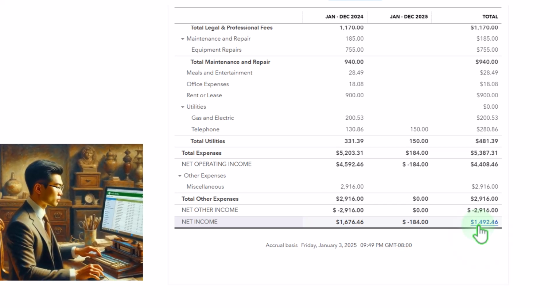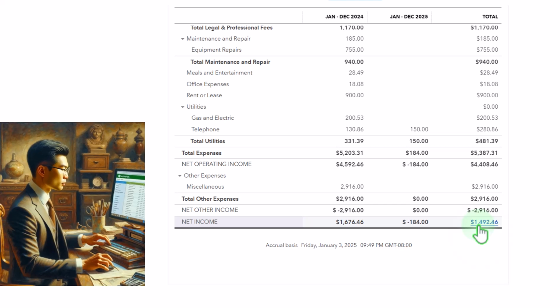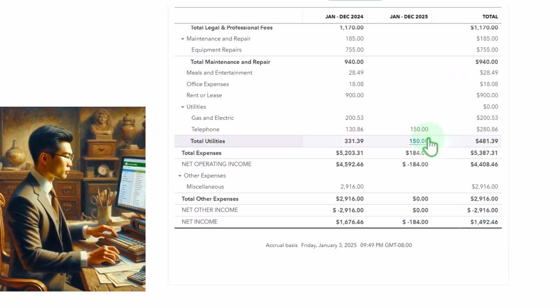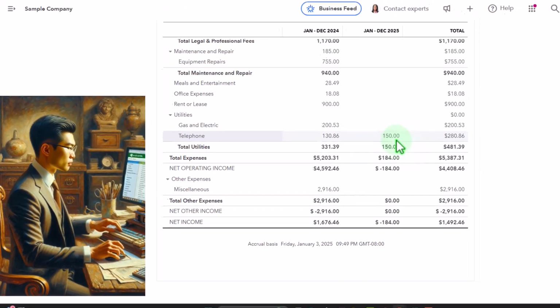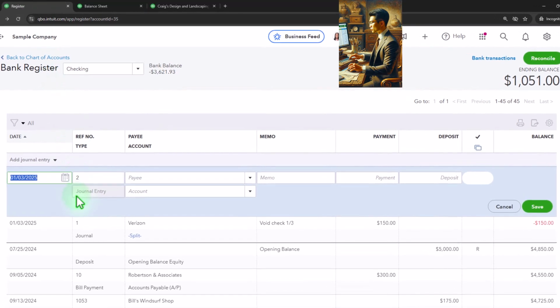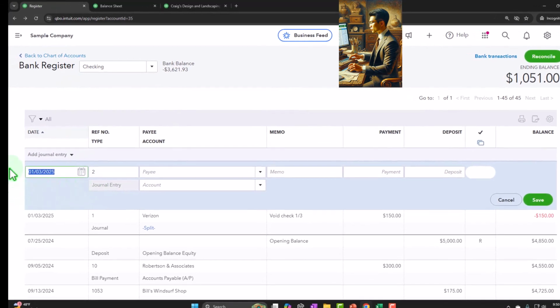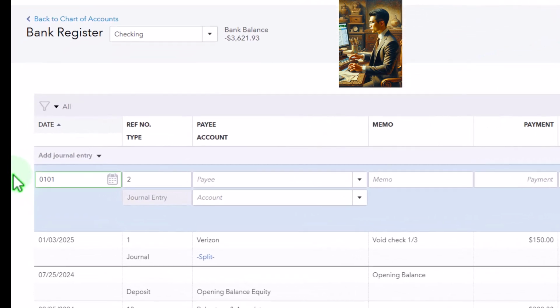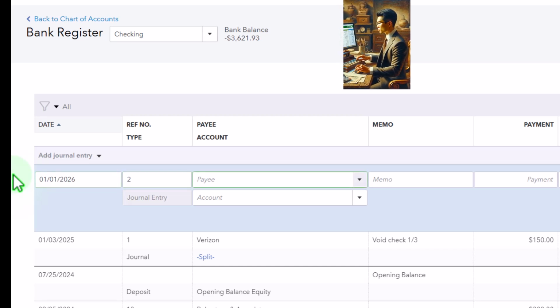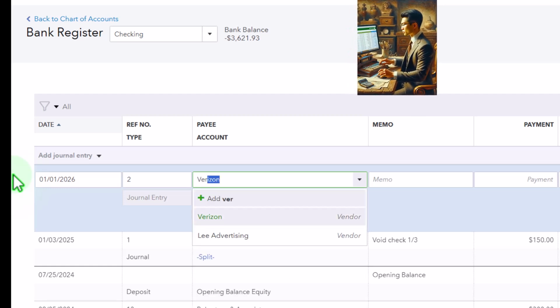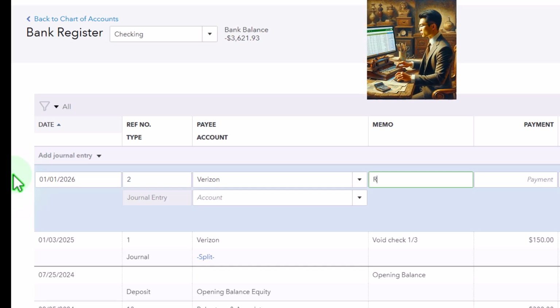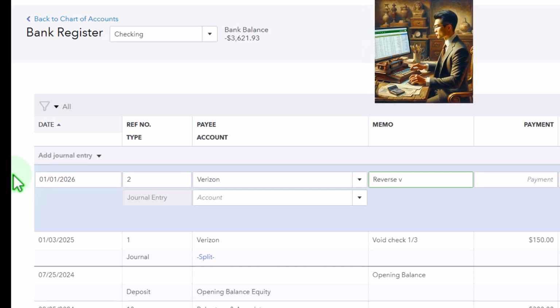Now I'm going to do another journal entry in the current period to do the adjustment in the current period, so that I can actually write this amount off in the current period instead of messing up the prior period. So I'm going to go back over and say, okay, now let's do another journal entry. I'm going to imagine this happens on, let's say 01/01/26, because I'm going to imagine the current year is 2026 so we can see it. The payee is going to be, let's just say Verizon again, and we're going to say to reverse void